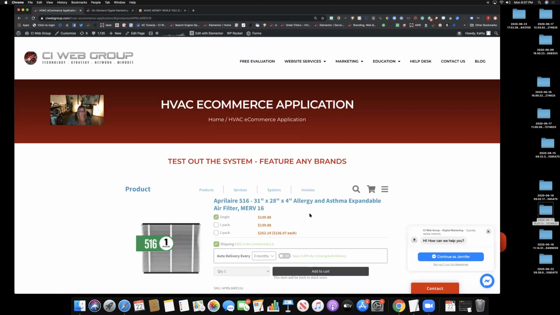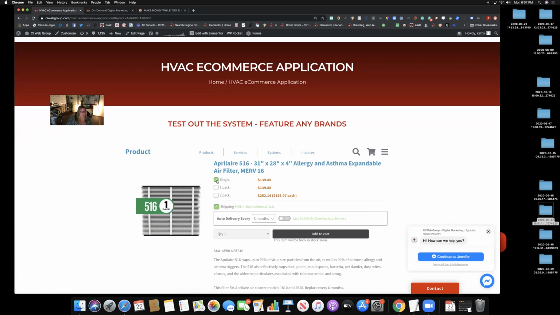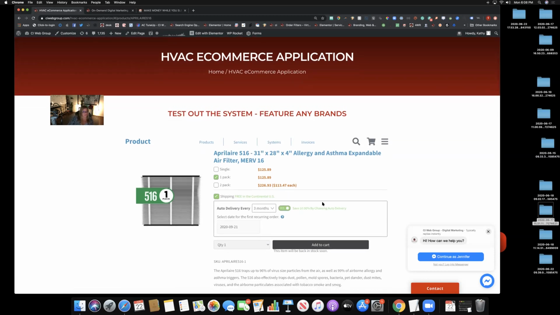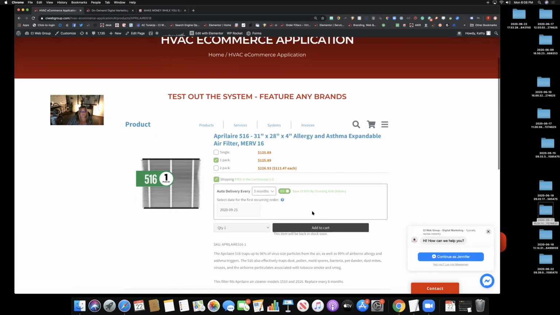I'm going to go into see all buying options. This gives you the ability to sell singles on a one-time basis, or we can sell packs or multi-packs. And we have the ability to change this, instead of one time, to an auto delivery. There's discounts available, and you can set the percent discounts. So obviously we want somebody to get on auto ship. We're going to offer a great discount, and you can easily change this at any time by altering your markup and markdown in the back office of the system.